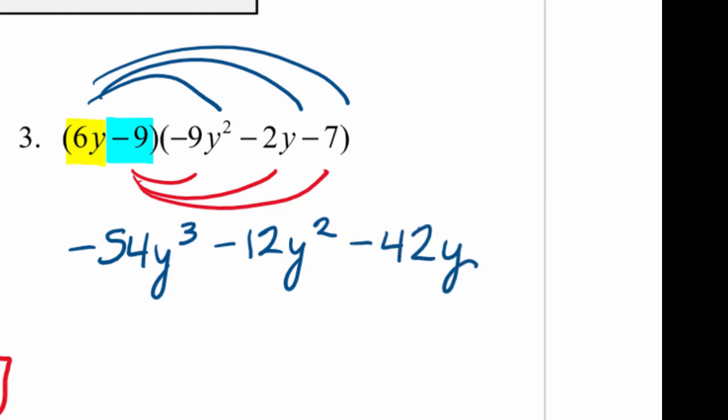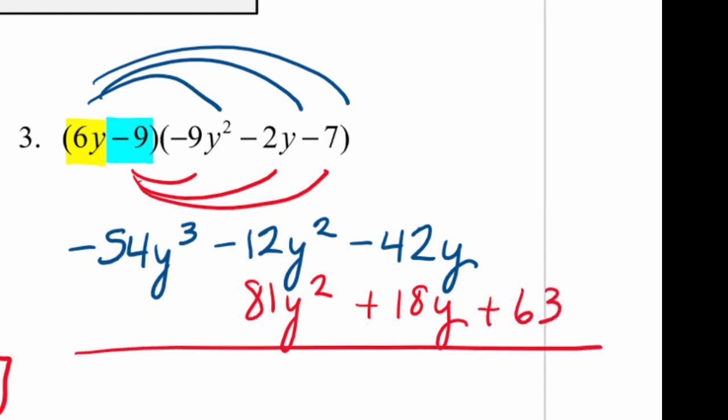That takes care of our 6y. And now we're going to distribute the -9. So -9 times a -9y squared is a positive 81y squared. -9 times a -2y is a positive 18y, and -9 times a -7 is a positive 63, and our answer